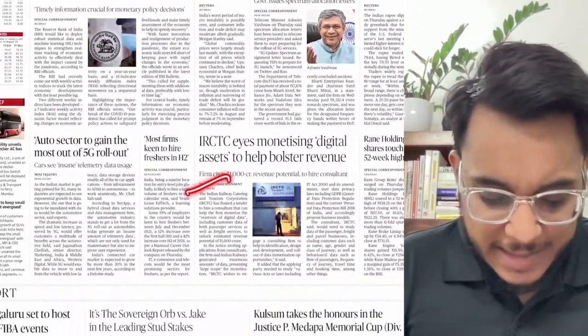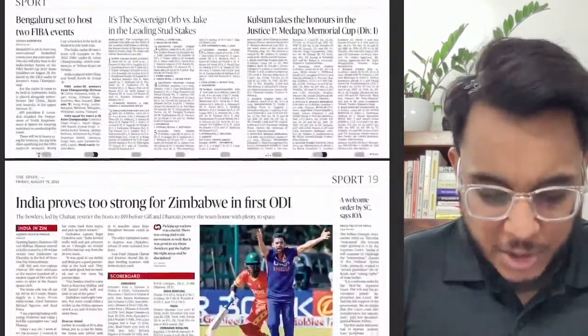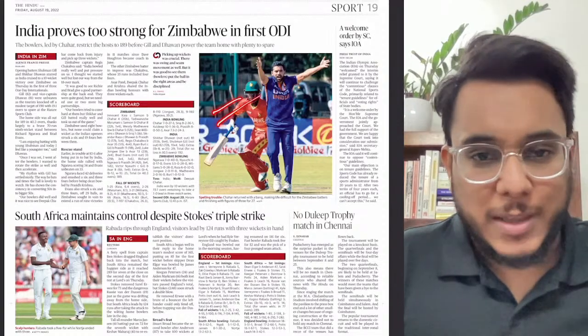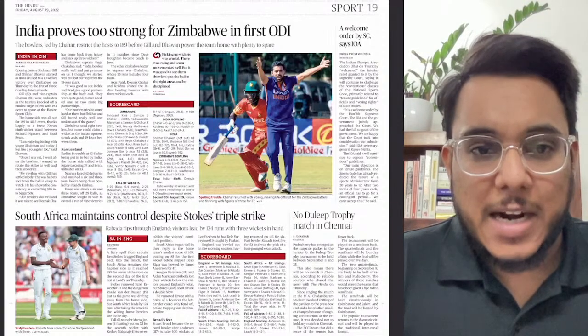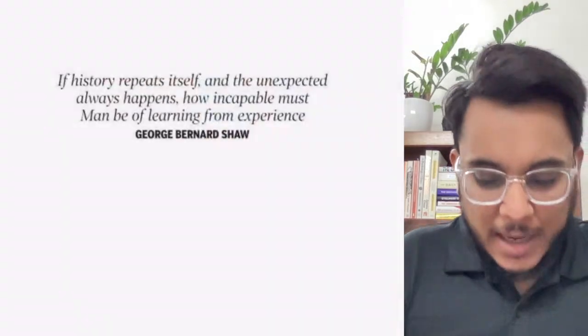Fine. Then guys, IRCTC, corporate trends etc. have been given. Fine, not important for our examination. And then we have the sports page. Okay, so here the cricket and all these things have been mentioned. Now guys, let's start with the analysis of the newspaper and let's take all the important articles one by one